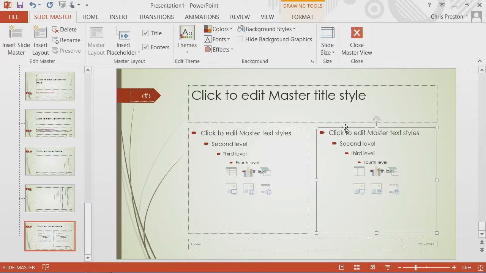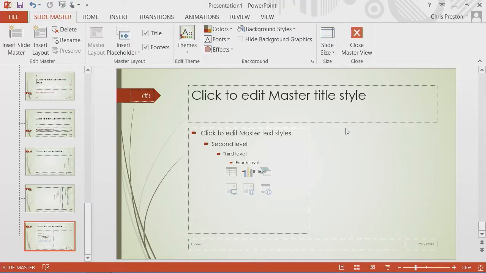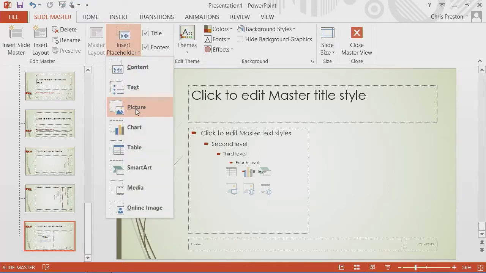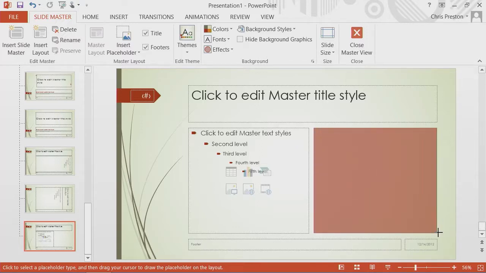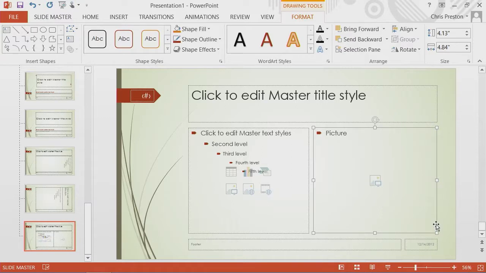And I'm going to replace this with a picture placeholder. So I'm going to insert a placeholder. It's going to be for an image or picture. I'm going to draw it out on the slide such that now, if I go back to normal view,